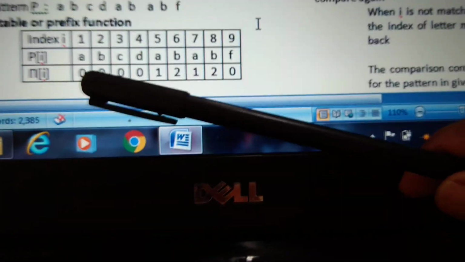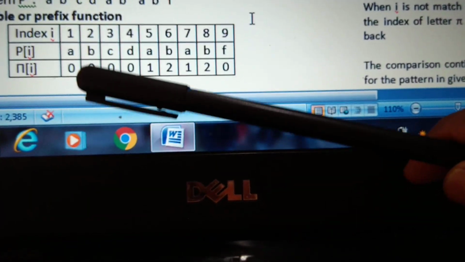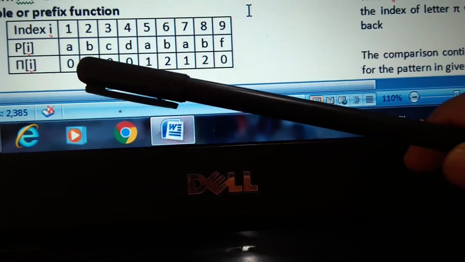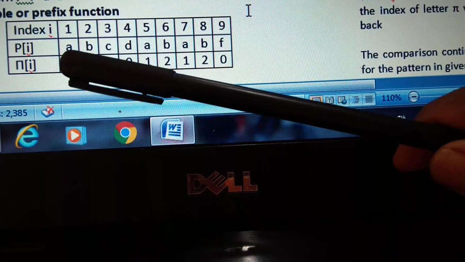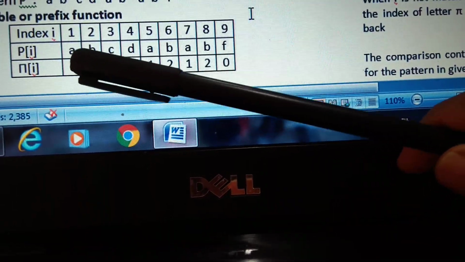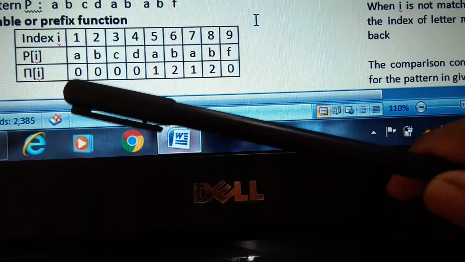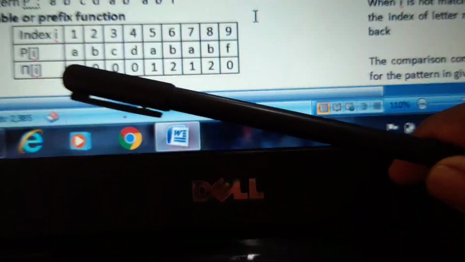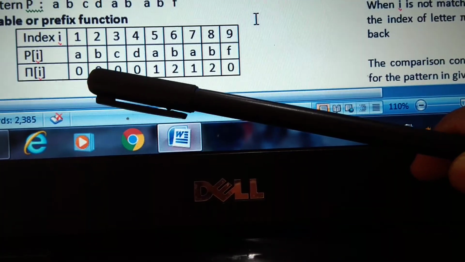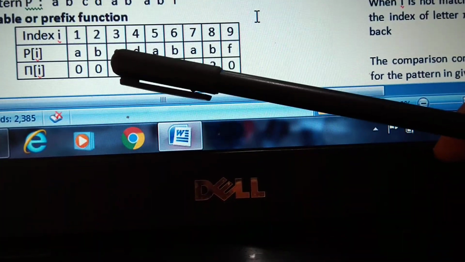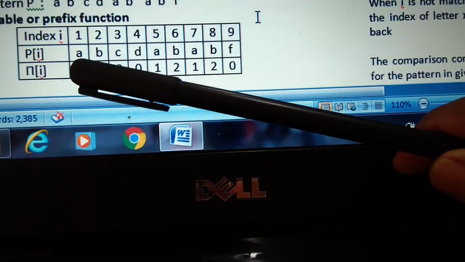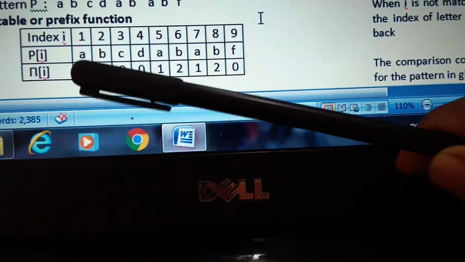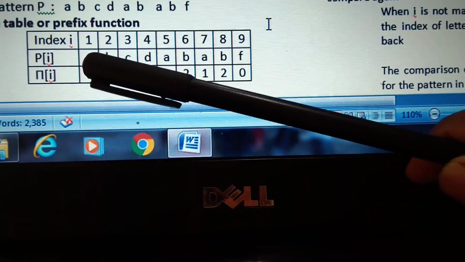So for the pi value in the pi table, the pi value for the given pattern character is 0 whenever it appears for the first time. So here in this example, for the pattern character A, it appears for the first time, so the pi value is 0. B is also not repeated, 0 till now. That means we start at the beginning of the pattern and try to give the pi values for the respective characters in the pattern.